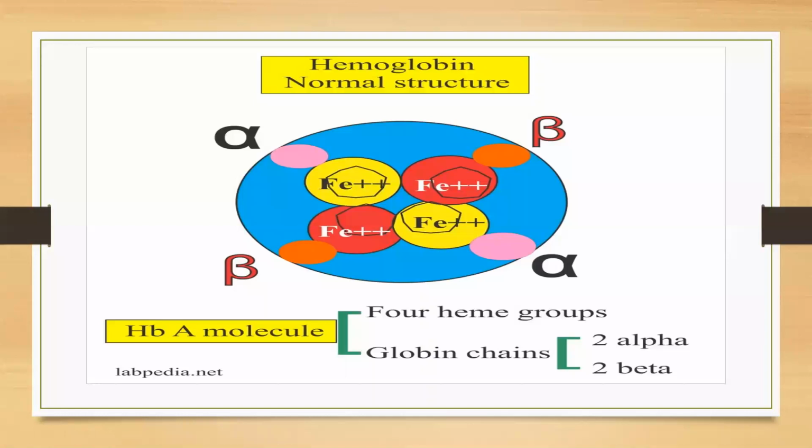When it is 100%, at 100 mmHg, that means 4 molecules of Fe combine with oxygen to form oxyhemoglobin. At 97 or 75, 3 Fe will combine with oxygen. But at 30 mmHg, the saturation is 50%. 50% means half, so only 2 ions of Fe can combine with oxygen to form oxyhemoglobin.